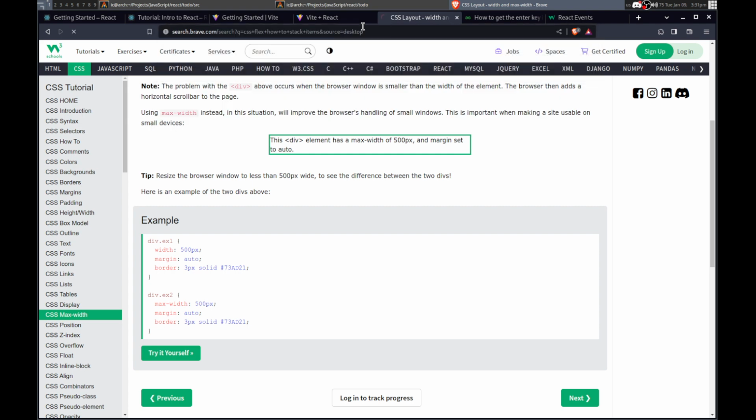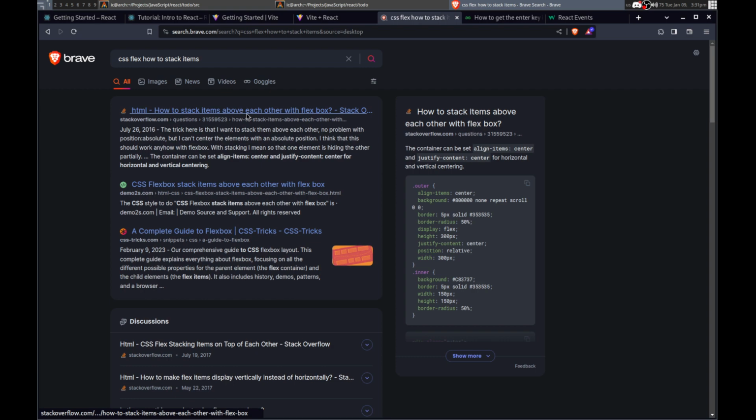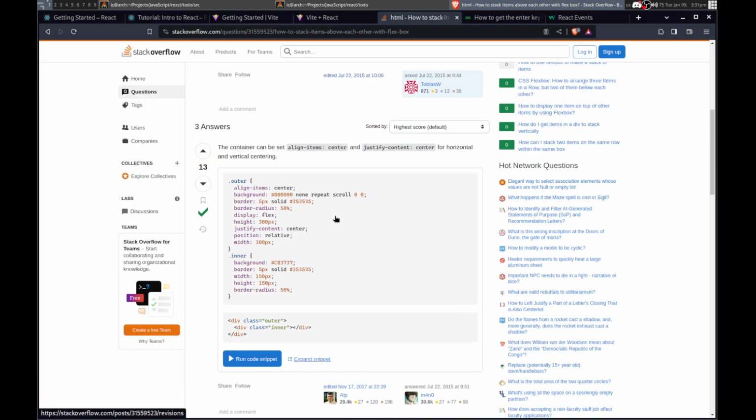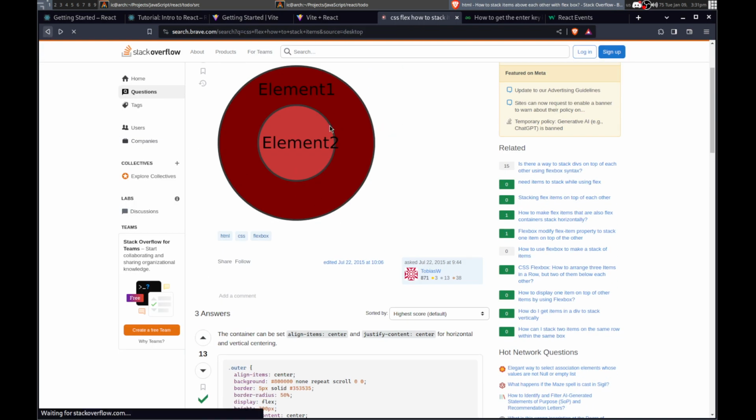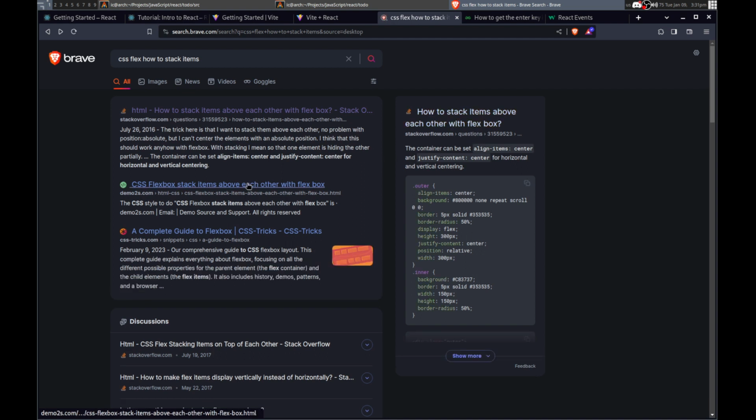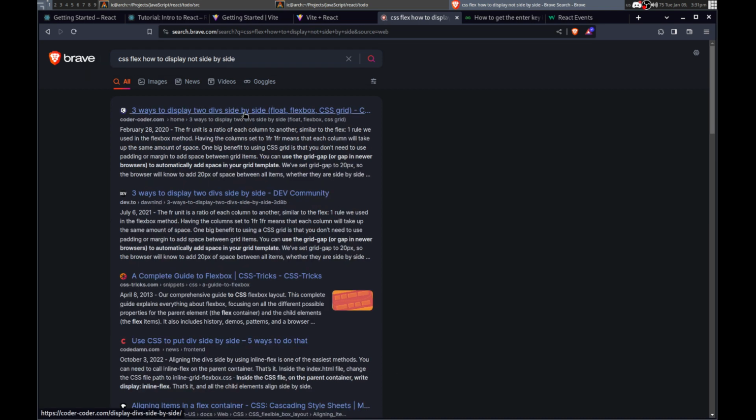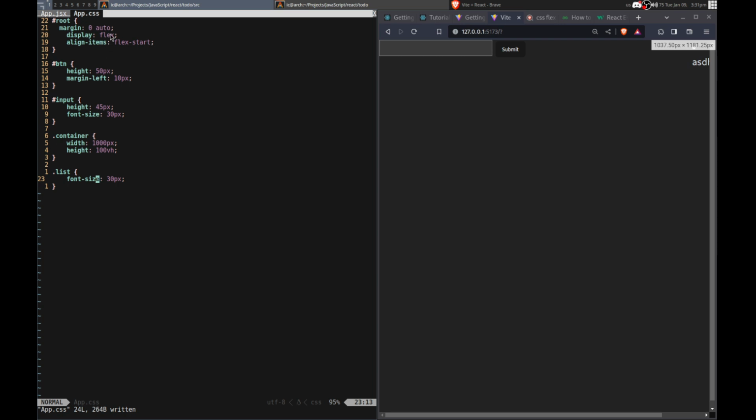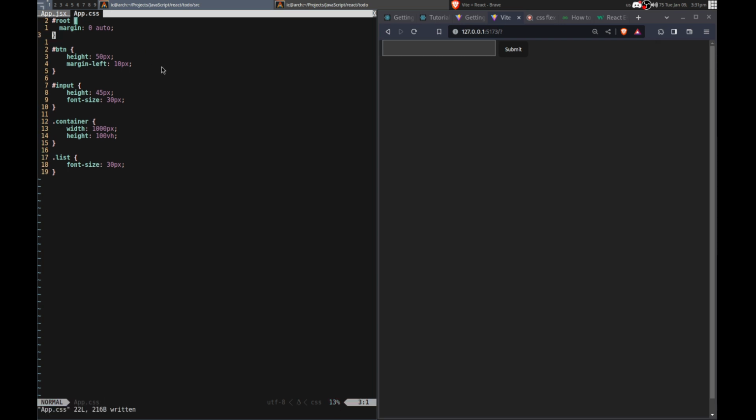I want them to be stacked. That's not what I meant. To stay not side by side. I don't know how to sort of say it. I don't want them to be next to each other. I'm using that, so maybe it's not gonna work.